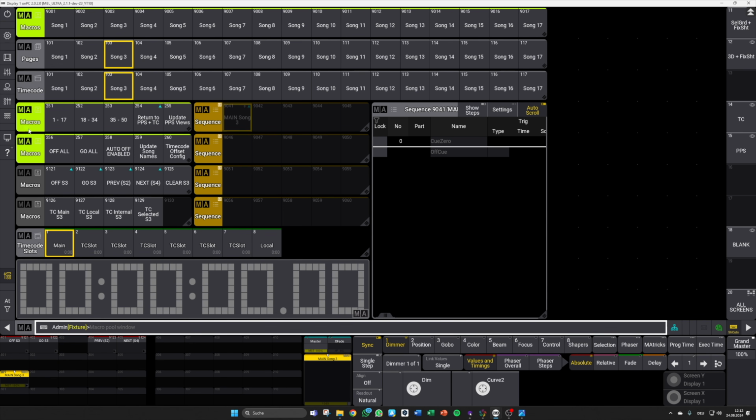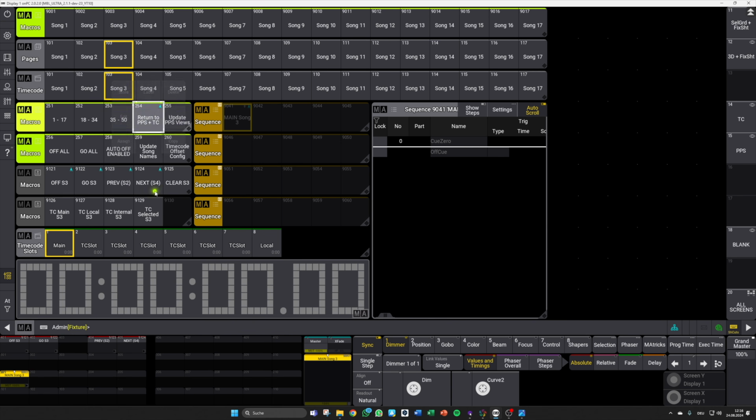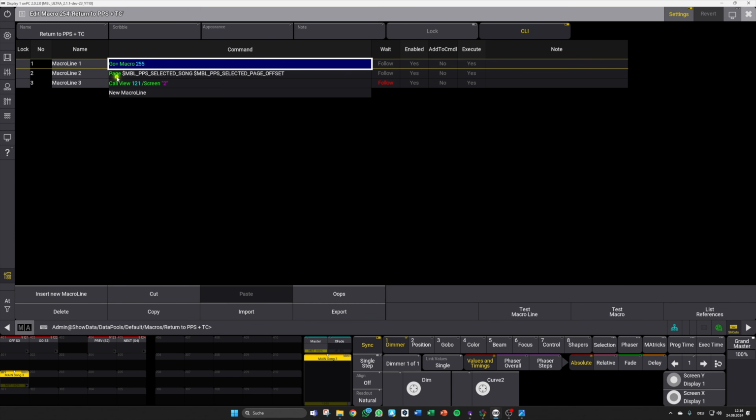The macros in this second row here are also there for navigation. The first 3 of them will allow you to navigate between your different song ranges, and the last one will always bring you back to the currently selected song. The macro next to it will basically do the same thing, as it calls this macro number 255 and updates your view. But in addition, it will also select the corresponding selected page and also call this view actively to